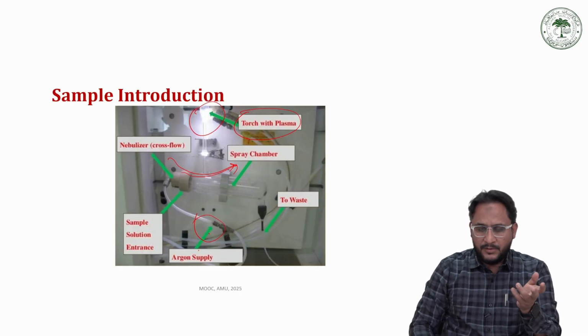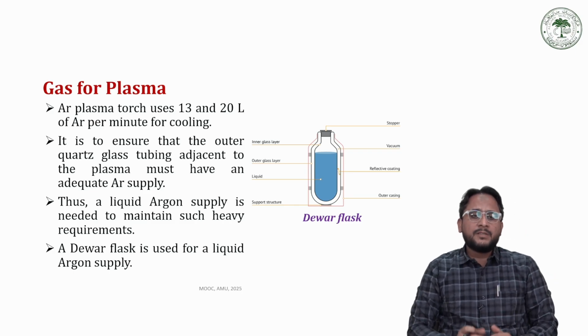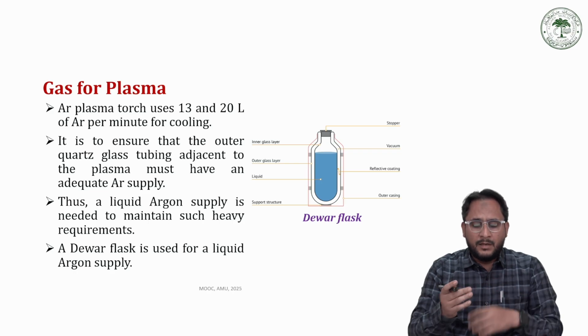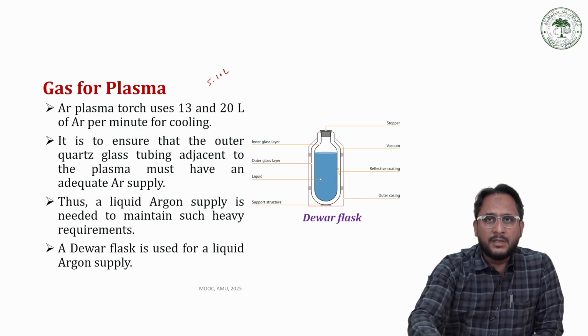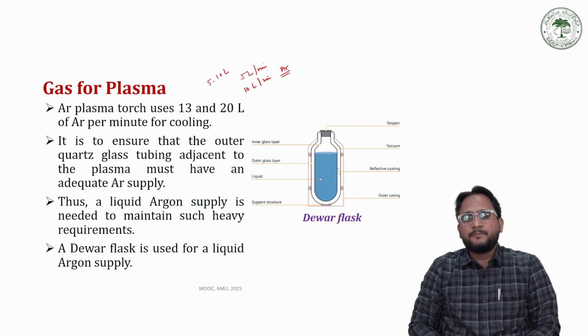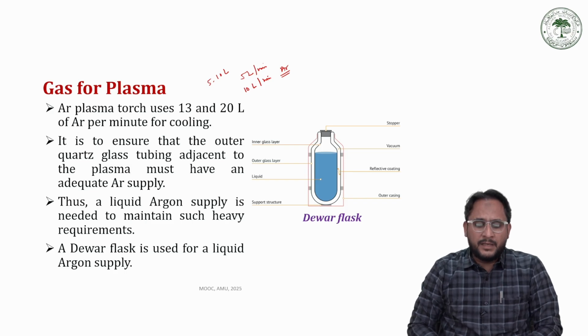Now as I said, in case of direct current plasma as well as for microwave plasma, we require an argon source of 5 to 10 liters. In case of direct current plasma, we need a 5 liter per minute flow rate of argon, while in case of the microwave plasma we can go up to 10 liters per minute of argon. This much flow rate is required, while in case of ICP, inductively coupled plasma, we need excessively high rates of argon gas,